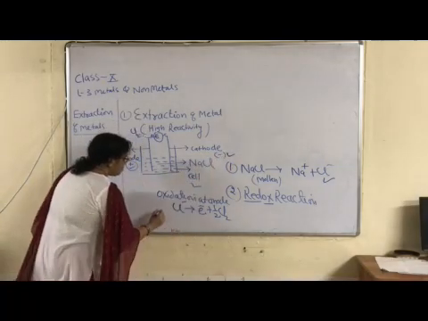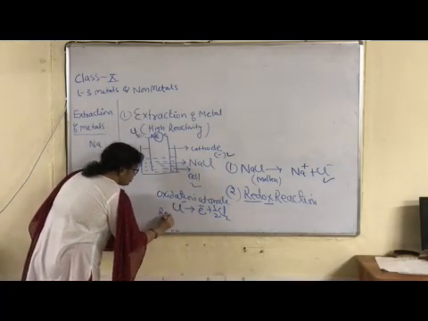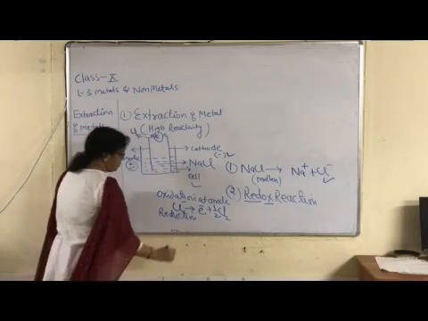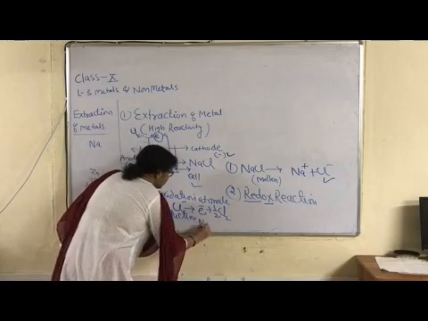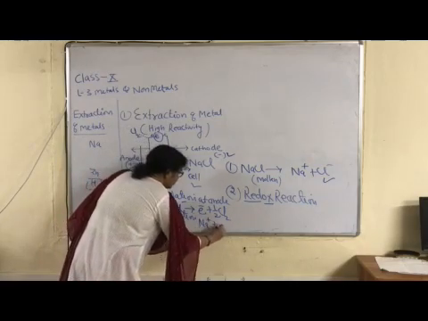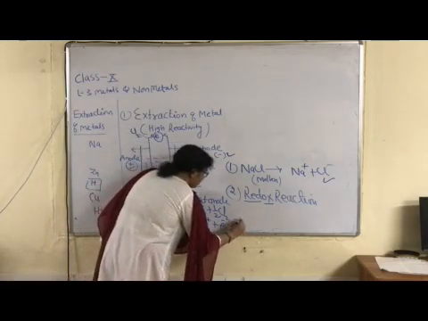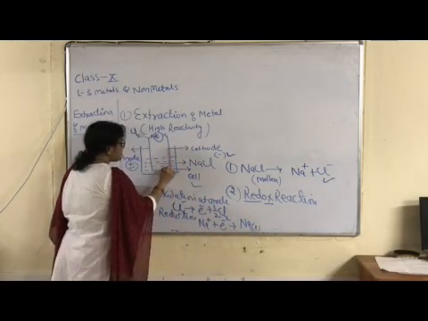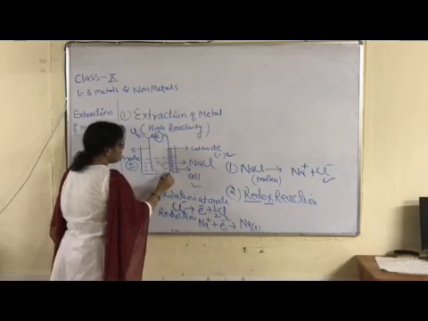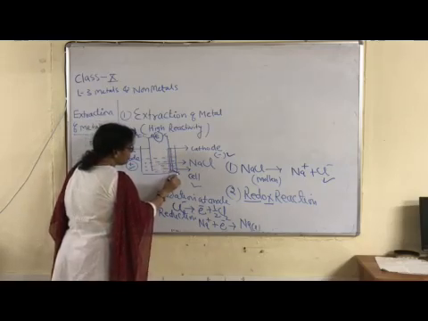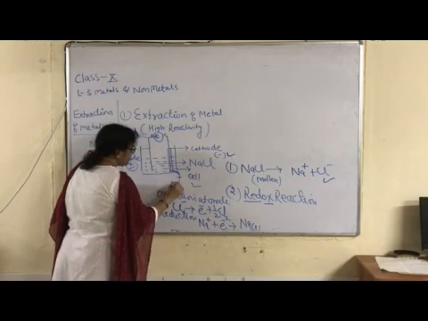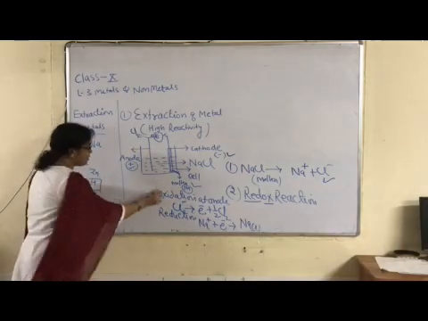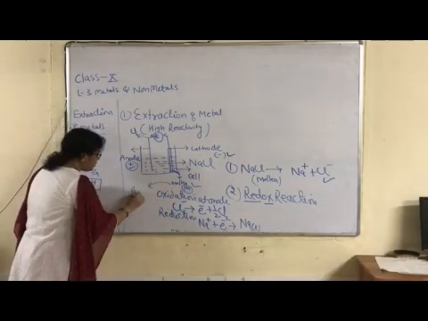But this is extraction of sodium. At which electrode is the metal obtained? Cathode. Right. So what is the second half of the redox reaction? Reduction. Now reduction of sodium ions: Na plus plus 1 electron, and the sodium ion is reduced into sodium metal. Sodium is obtained at the cathode, and this is the outlet for molten sodium. This is 100% pure metal.